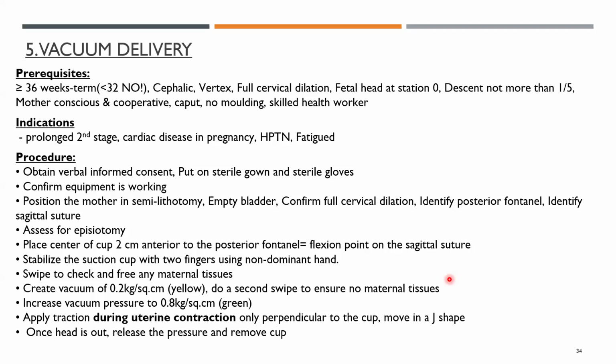Moving on to our next one, vacuum delivery. What happens in a situation where the normal delivery didn't progress or there were complications and it's not going as planned? So now you need to go in with reinforcement. You need to assist. But there are certain criteria for it. There need to be some prerequisites.